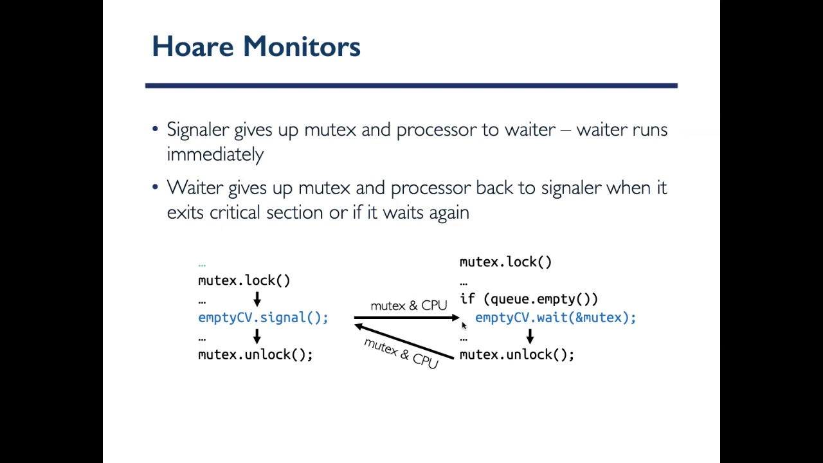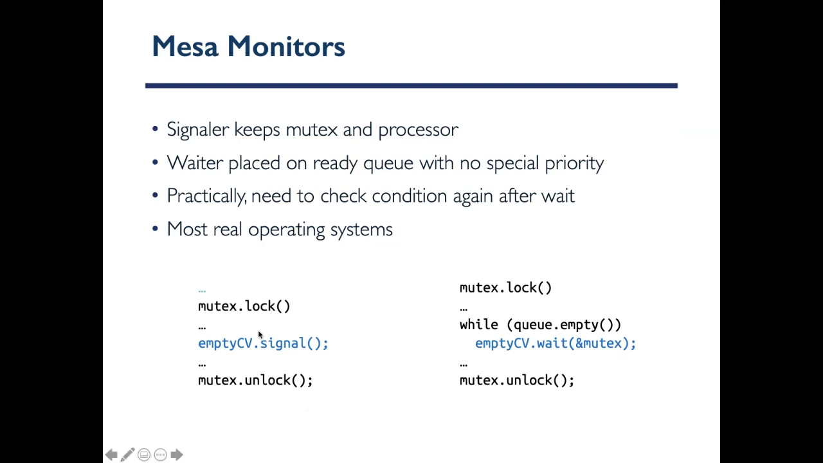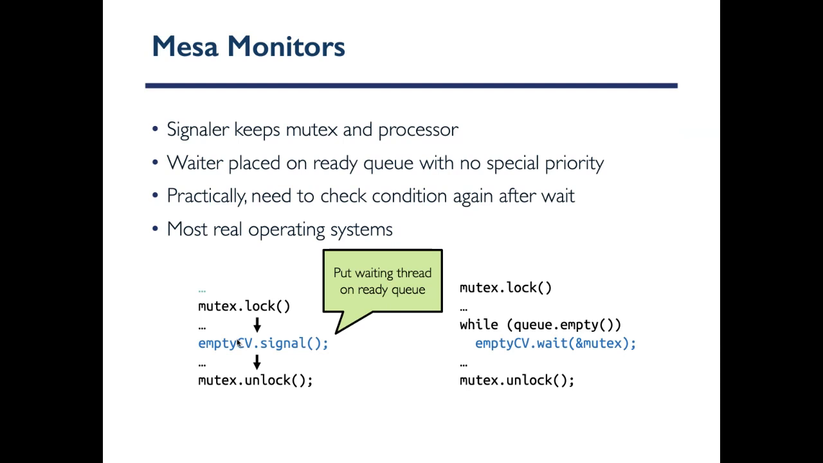Now let's see this in the context of Mesa. With Mesa monitors, this is the producer. Let's say it signals. All this signal does is put one of the threads that were waiting on this empty CV on the ready queue. It's kind of like thread create, where you just create a ready thread and then you move on. It's non-blocking. You don't get blocked there. You just put this thread on the ready queue and you continue. Once you finish your execution,